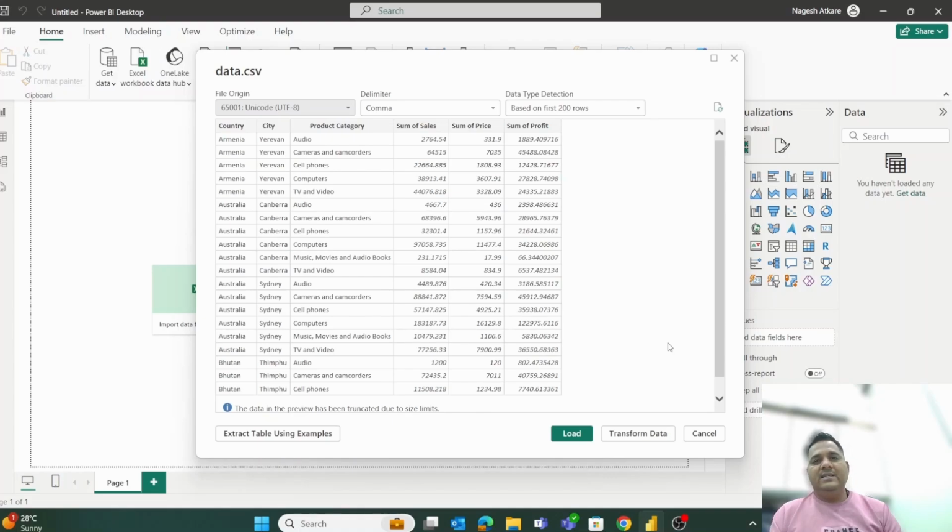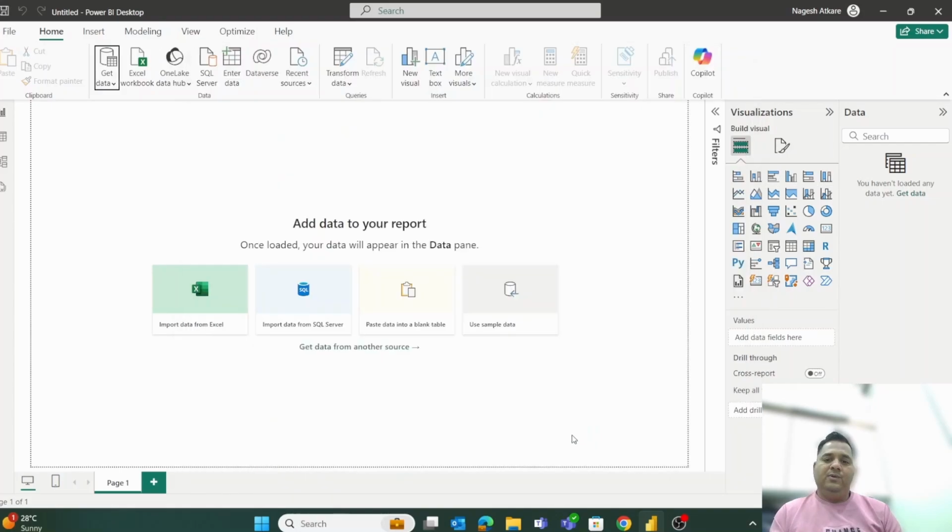So you need to make changes in the transform data, going to the Power BI query editor. Sometimes structured data is coming, you can directly load it. So you need to choose the option load. So I am selecting load. If unstructured data is coming,